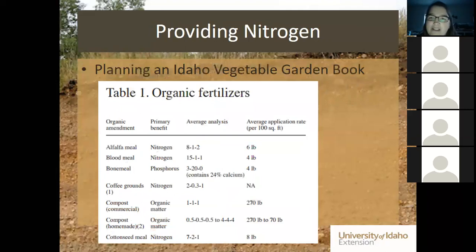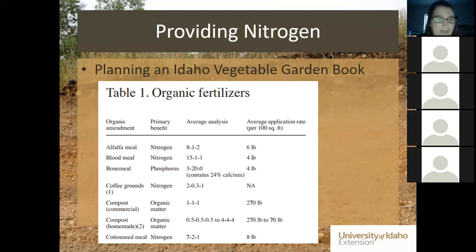And one of the challenges is it's really hard to provide nitrogen in an organic form because most of the organic forms aren't very concentrated in nitrogen. So we are supposed to apply 3 pounds of nitrogen to our lawn. And if we look here, our average application rates for the analysis. So alfalfa meal is probably one of the higher nitrogens, that and blood meal, to get an organic source of nitrogen. So we can put 6 pounds per 100 square feet or 4 pounds per 100 square feet, and that's